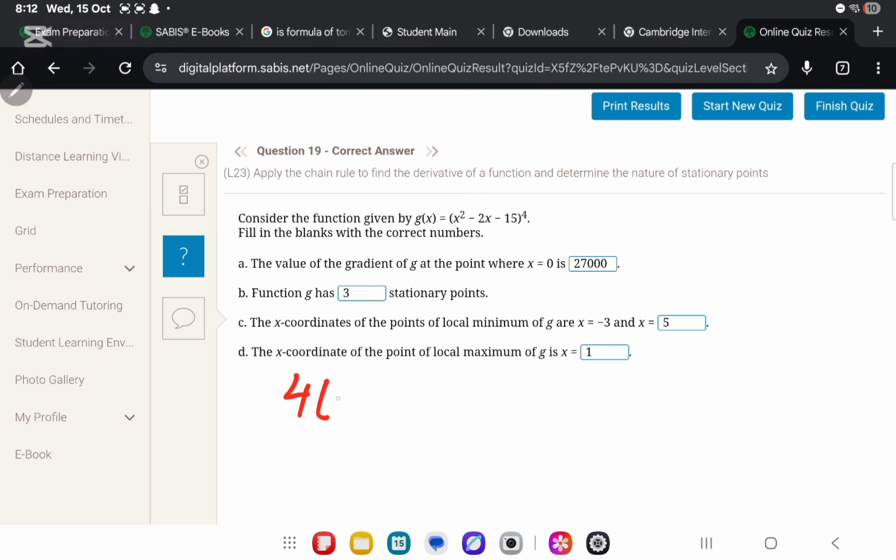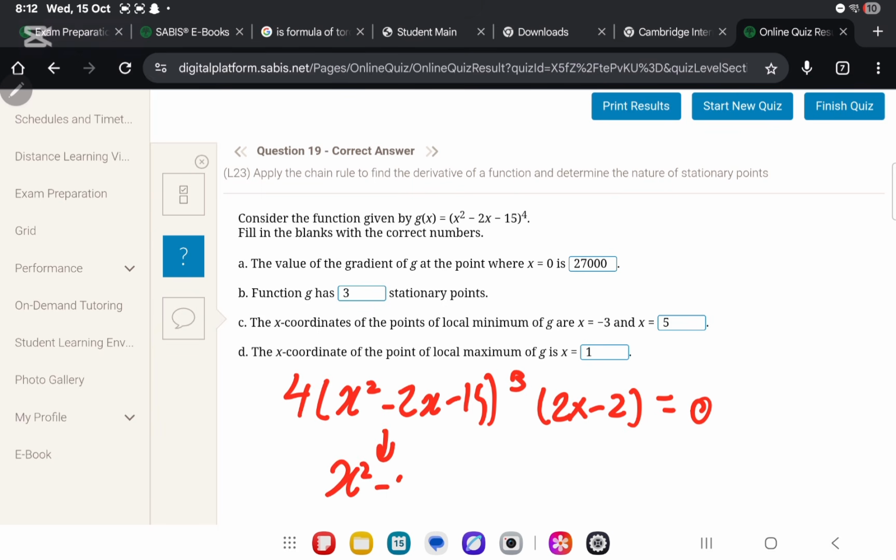4 into x squared minus 2x minus 15 cubed into 2x minus 2. Set this equal to 0. That means x squared minus 2x minus 15 is equal to 0, and 2x minus 2 will equal 0, right? It's the zero product rule. So here you just need to find